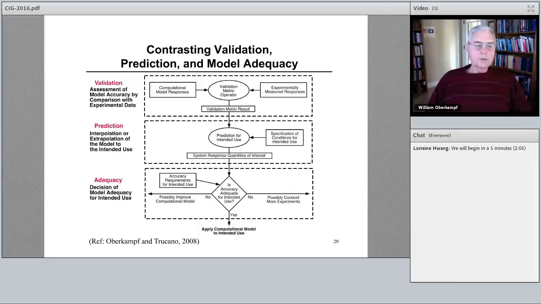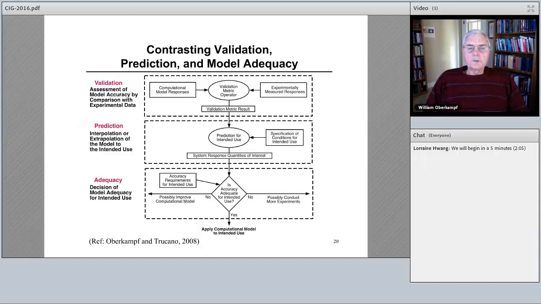This is another way to show it that Tim Tricano and I put together a number of years ago. He's still at Sandia. You have the validation activity, or model accuracy assessment, where you have computational results and experimental results. This could be at any level of the system, or at a unit problem, a very simple laboratory experiment, producing a validation metric result. You use your model in an extrapolation. There's also a concept called interpolation, but we usually are extrapolating, particularly in a high dimensional input space.